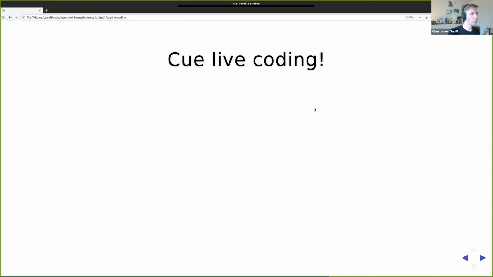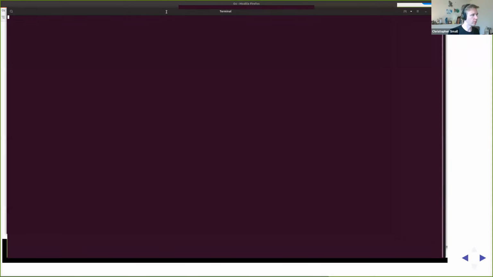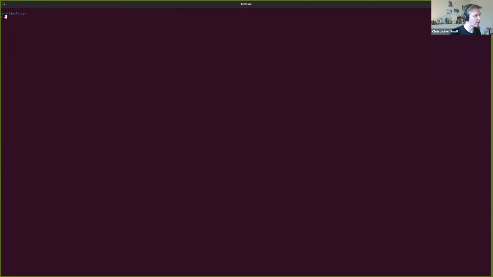Without further ado, I'm going to open up a REPL here, or a terminal, whatever. Hopefully that's big enough for everyone to see. Let me know if it's not. I won't get too much into my setup here, but I'm kind of old-fashioned as far as my coding environment goes. I just like to use tmux, which is a terminal multiplexer, so I can have multiple terminal sessions open at once. And what I'm going to be doing here is generating a new Clojure project with the lein tool,